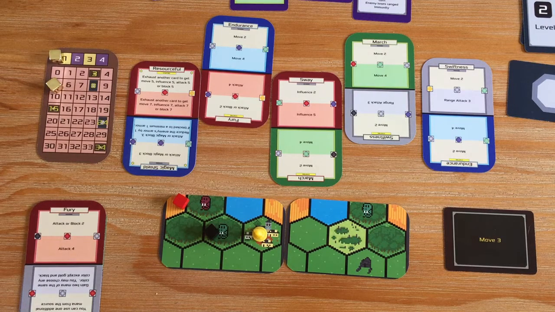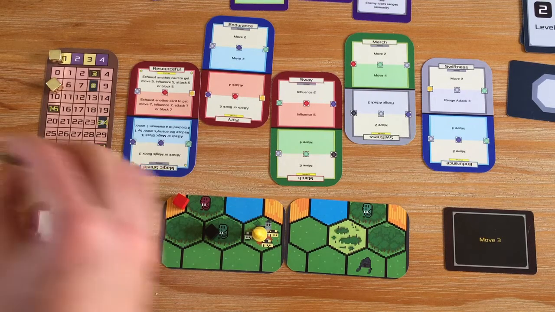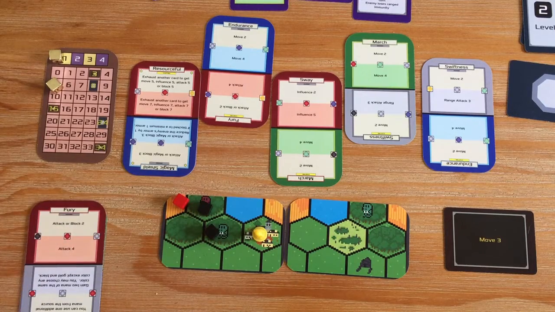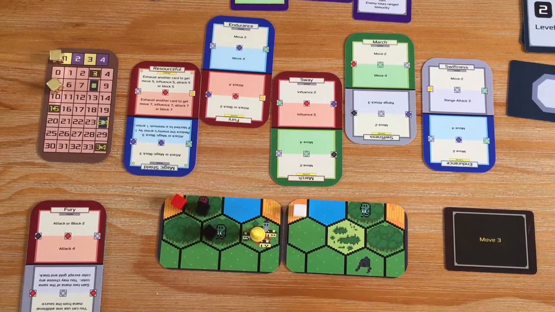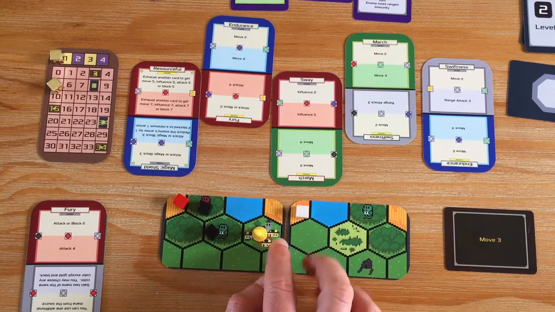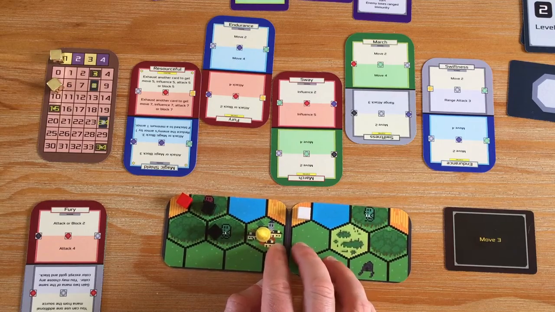Also, I should have put a black on, oops, I need to look at it now. Put a black on this guy because he's defeated. And then cube, and cube, and cube, and cube. It's a white zone. Okay, so I've explored for 2, I've moved there for 2. While I'm in the village, I can